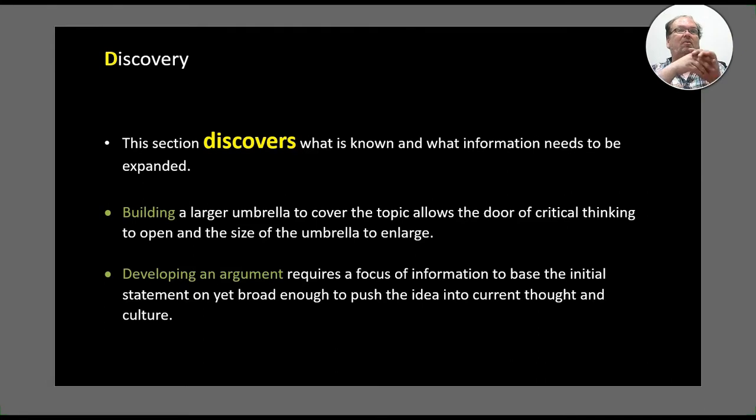But if it's old information, it's kind of not relevant. It's just old information. And so we have to bring all these ideas on the umbrella into today's talking, today's ideas. How does it fit today's culture? And so that's what developing an argument means. You take the story, it might be an old story, but old stories like this one, this has been a big argument for many, many years. And now people are starting to react to that.